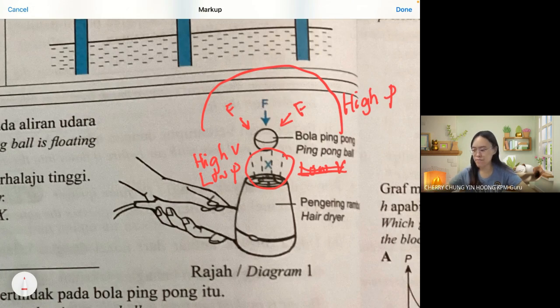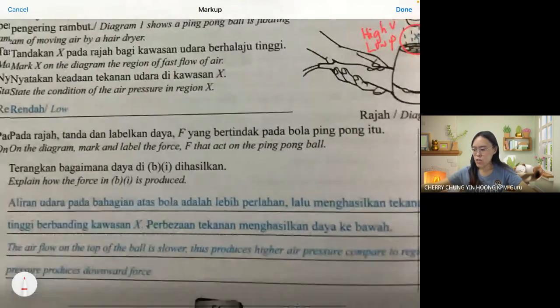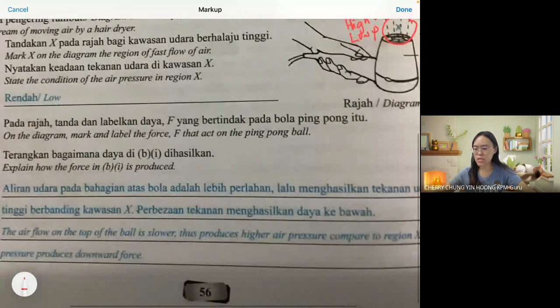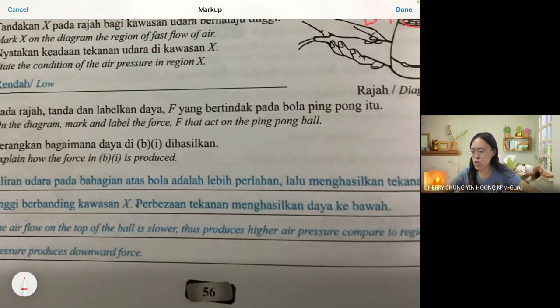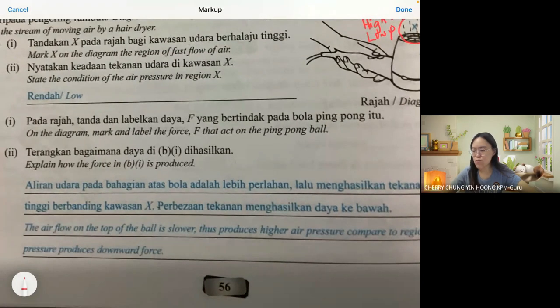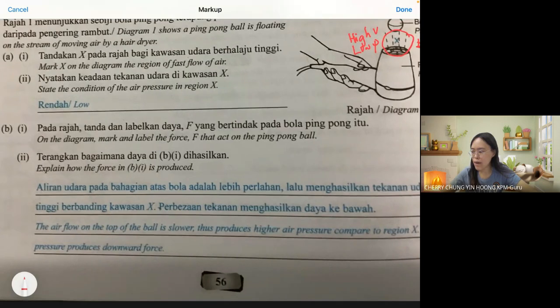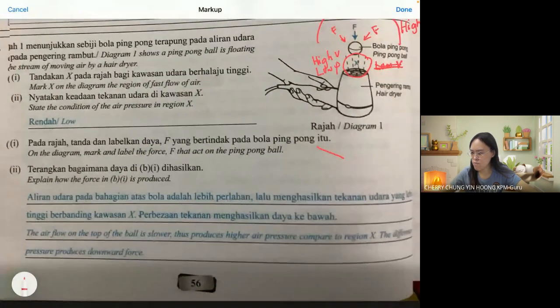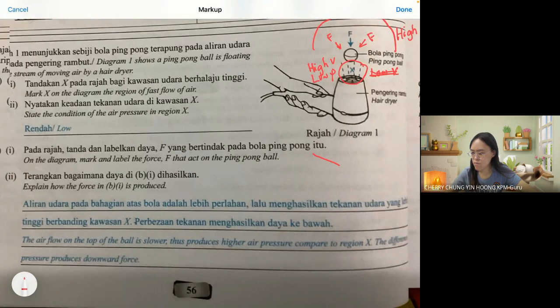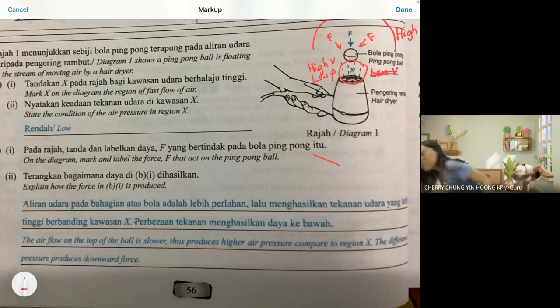可以啊。Okay, so next, explain how the force in B is produced. 哈，这边你看，通常它会关系到那个 explanation 的。Okay, so the airflow on top of the ball is slower, thus producing high pressure compared to the region X. That's right. Okay, so the difference in the pressure produces the downward force. On the top 嘛。